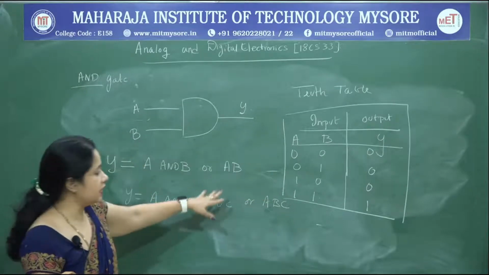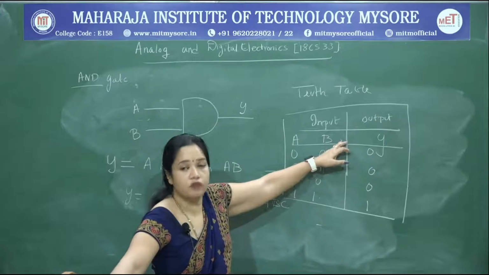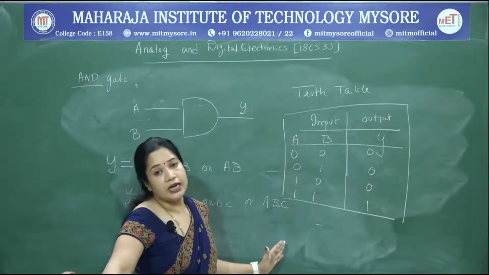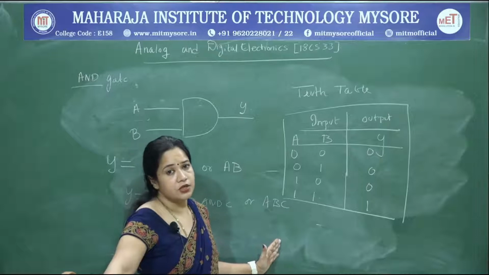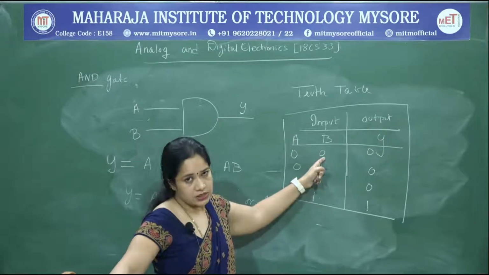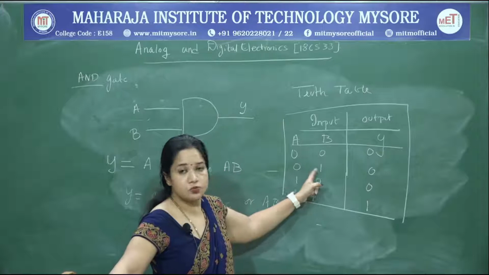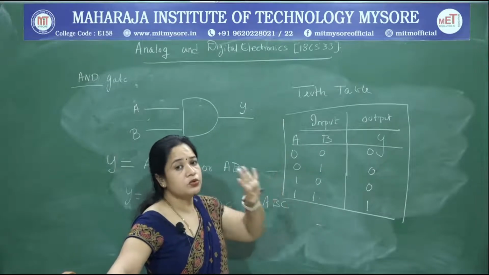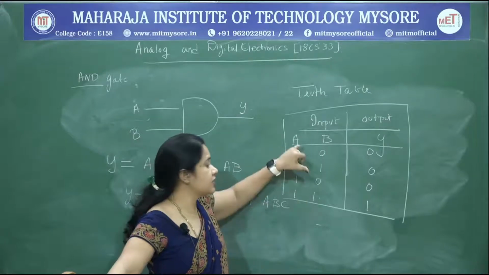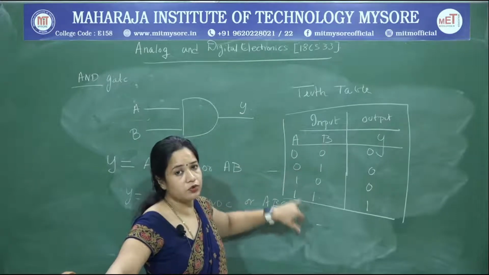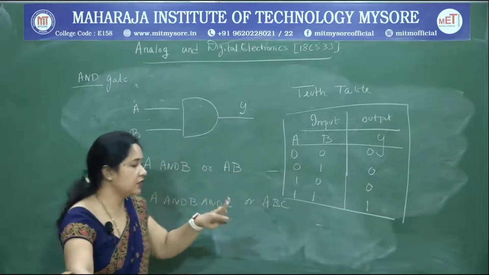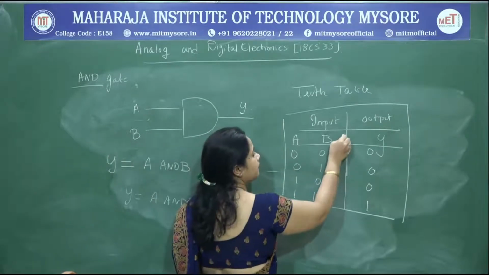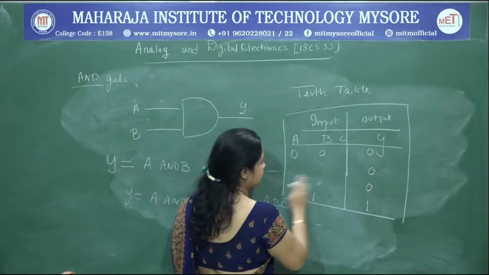So likewise, if you have a 3 input AND gate, I will have to write one more literal C for the third input, and we will have to write 8 possible combinations. So 0 0 represents 0, this represents 1, this represents 2 and this represents 3. So 2 power 2, there are 4 possible combinations, M0, M1, M2 and M3. So if at all you have 3 inputs, this gets extended. So I will have to write it for C,